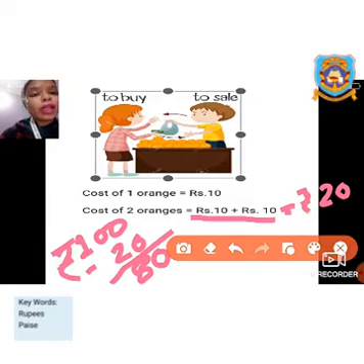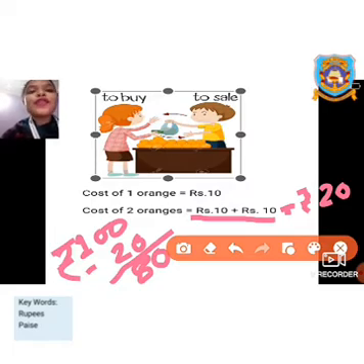Addition for when the girl wants to buy the oranges. She counted what will be the amount for 2 oranges. How did she count it? She added the amount in her mind. Then she looked in her purse. She doesn't have rupees 20, the exact amount. So she gave rupees 100 to the shopkeeper. Now the shopkeeper has taken rupees 100 from the girl, and he calculated that he should subtract 20 from 100 and give back rupees 80 to the girl.